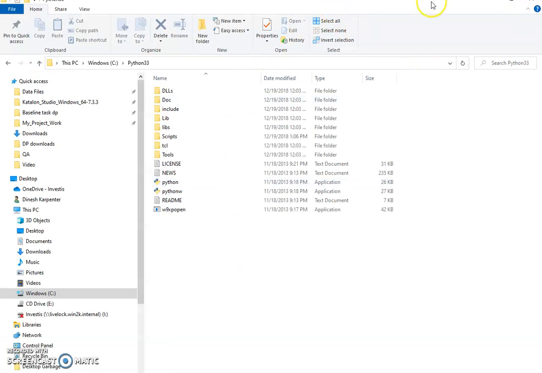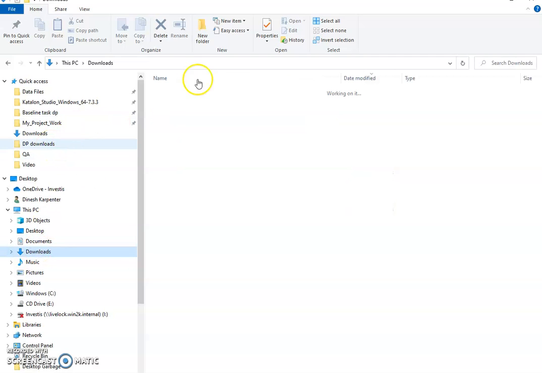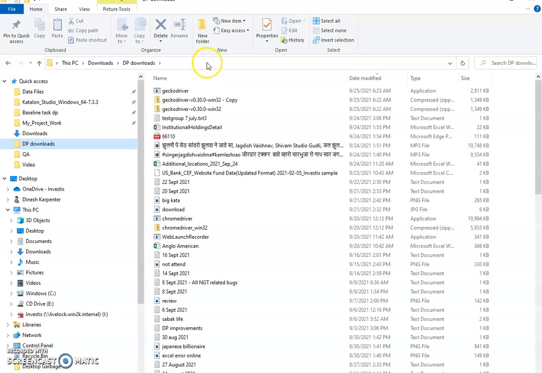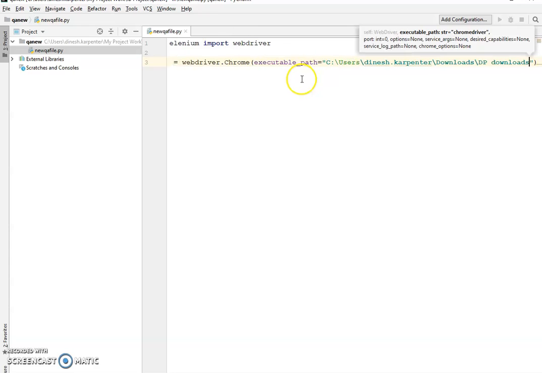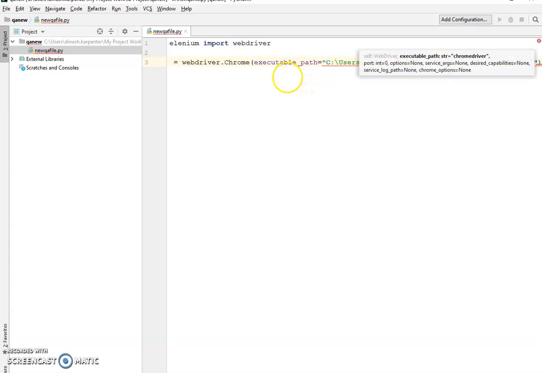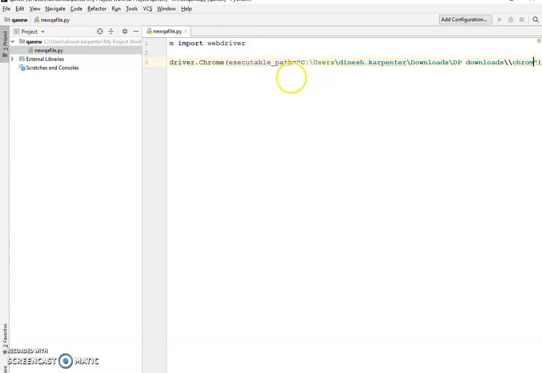You just give the path of that library. In my case it was in this folder, so I just give the path of this folder directly here. And obviously we have to write chromedriver.exe, because this is the important file which represents the Chrome driver.